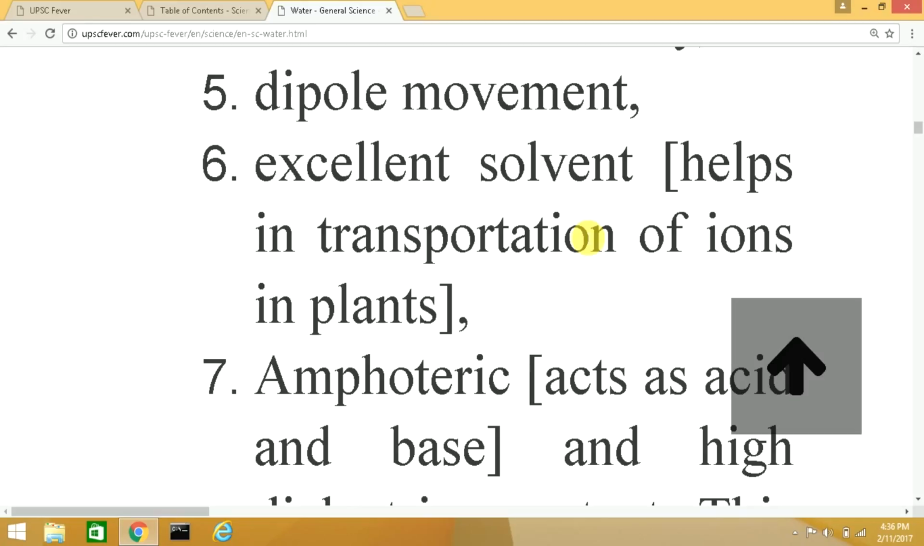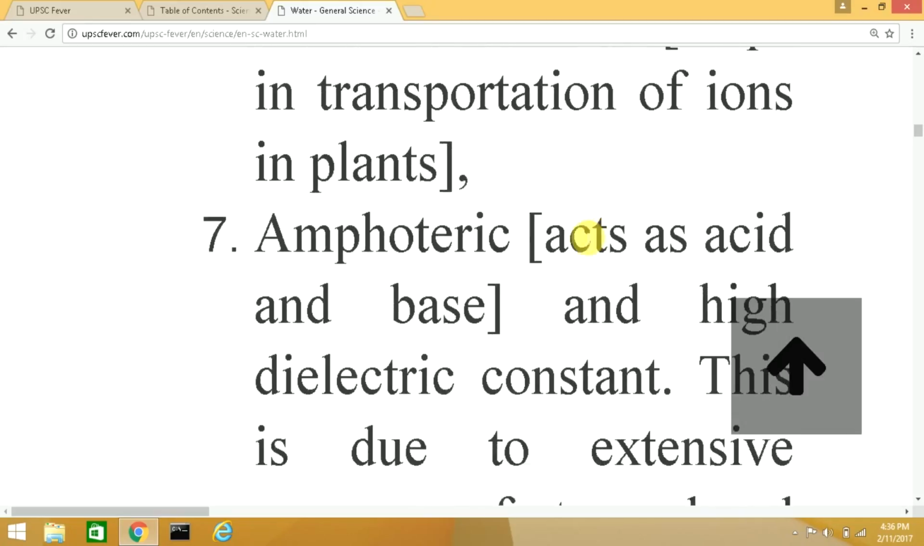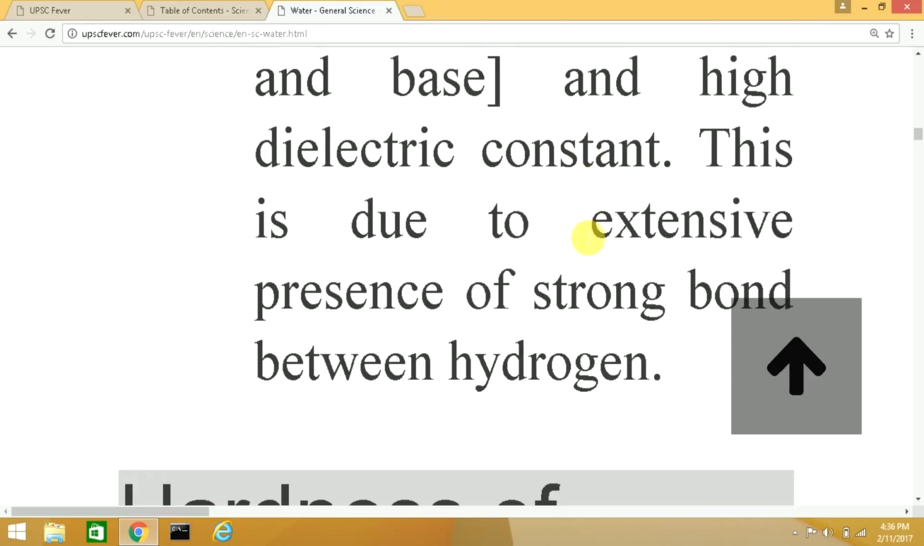The reason for having a high dielectric constant is the extensive presence of strong bonds between the hydrogen. As you know, the chemical formula of water is H2O. So there are two ions of hydrogen combined with one ion of oxygen, and there is a strong bond between the hydrogen ions. Some other properties of water are that sometimes water has dissolved